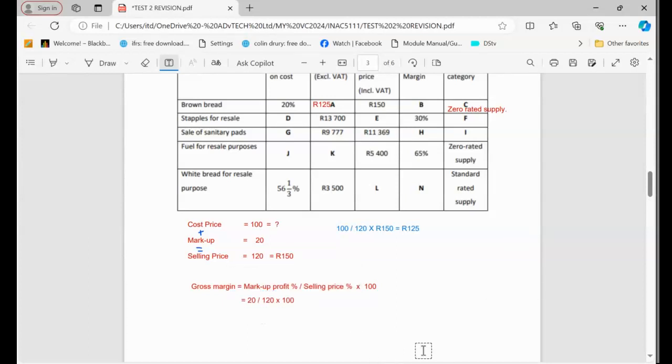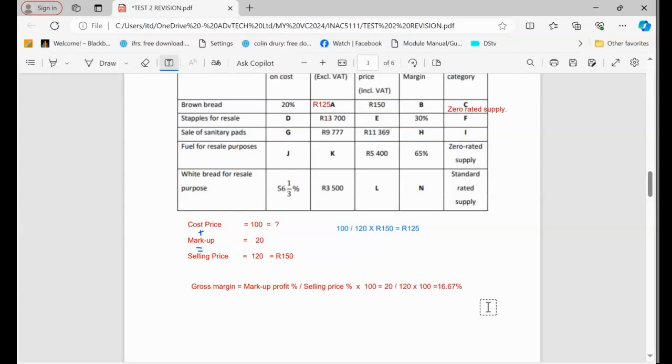How easy is that? So I can also just put it here so that you cannot be confused. It's this formula. It is 20 divided by 120 because I said markup over selling price. Markup over selling price. Can you see, if you analyze this, answers will always come from this one. And then if you multiply, let's use the calculator and check. If you multiply, your answer will be